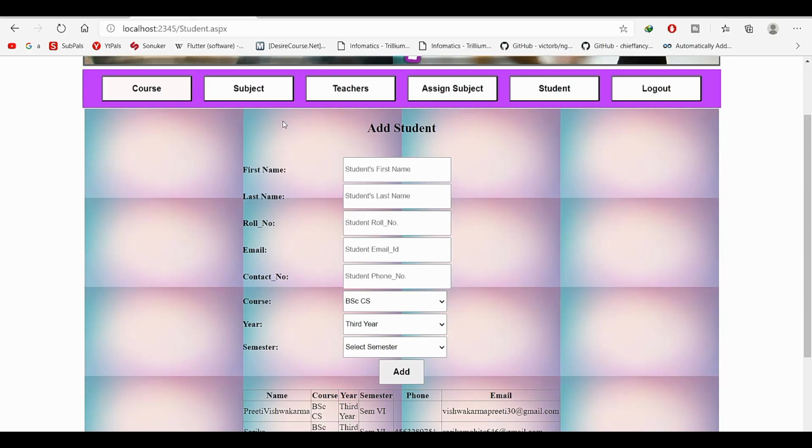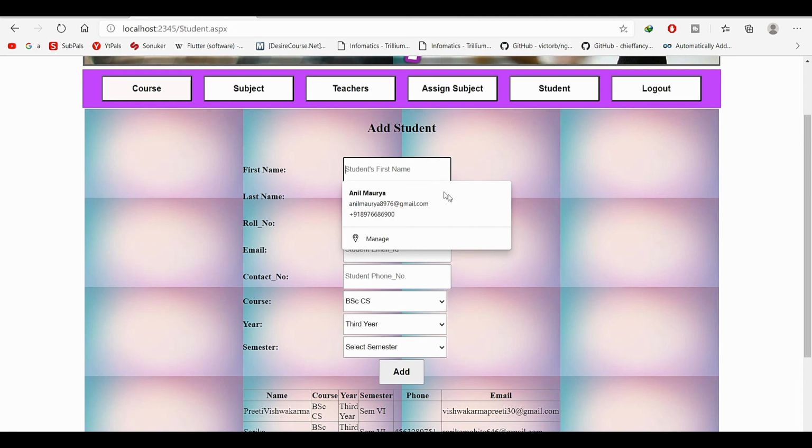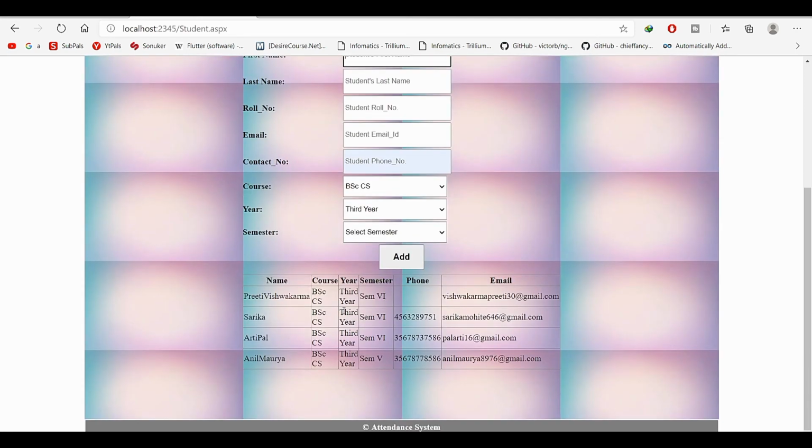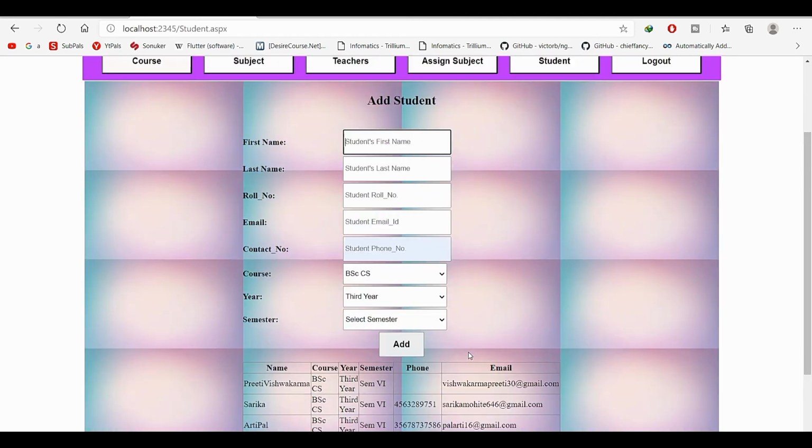So let's see by adding one student. My name is already present here.